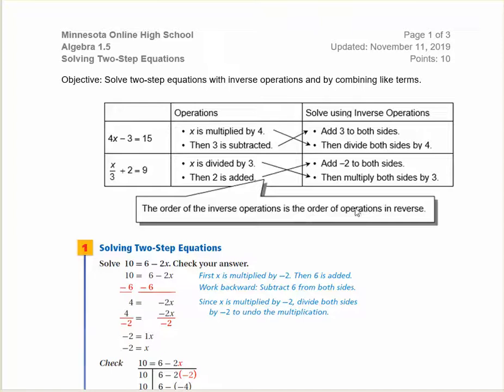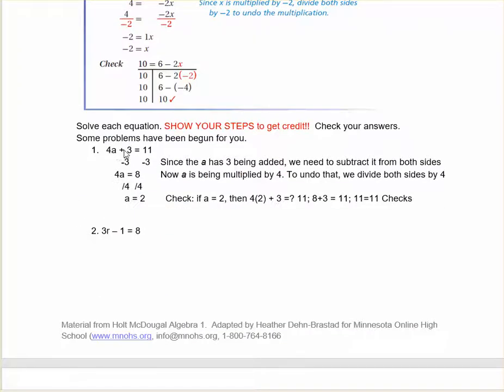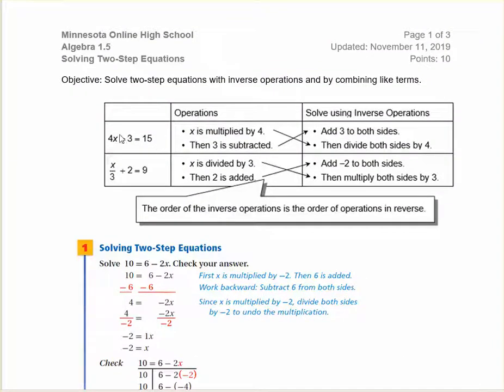This is Ms. DB. In this video we are going to learn about solving two-step equations, and we will start by looking at equations that have some number being added or subtracted to the variable and a number being multiplied or divided to the variable. So when we do this, like in this example here, 4x minus 3 equals 15,